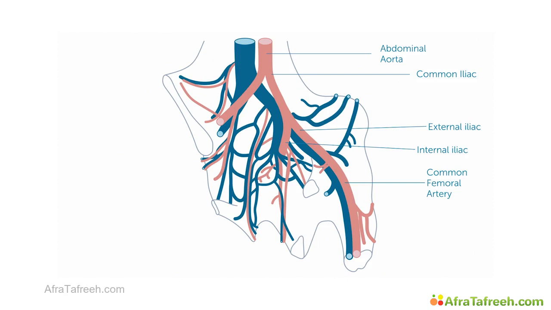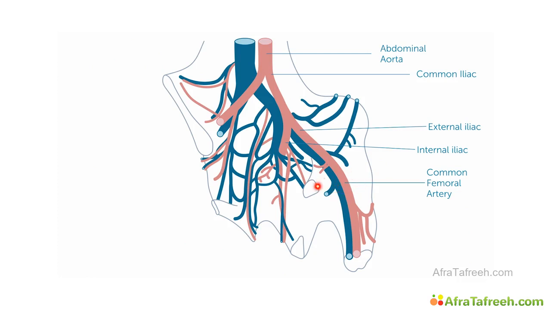Also known as the common femoral artery, it is a continuation of the external iliac artery, which is also the terminal branch of the abdominal aorta, as seen on the screen here. The external iliac artery becomes the common femoral artery when it crosses the inguinal ligament, which on this diagram is